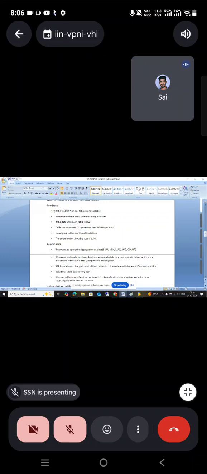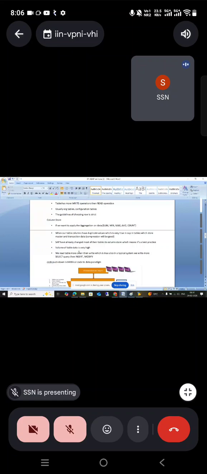Yeah, clear, ma'am. When to go for column store? If we want to apply any aggregations on data, like min, max, amount, count and all, when you want to do that, then you can go for column store. Whenever table columns have duplicate values, which is very true in SAP, in tables which store master and transactional data,